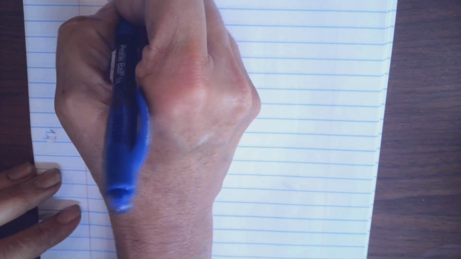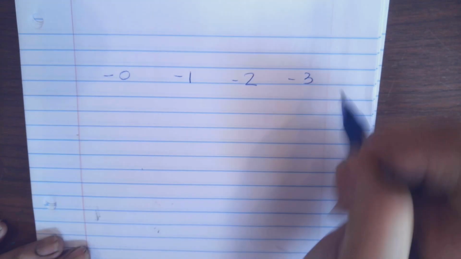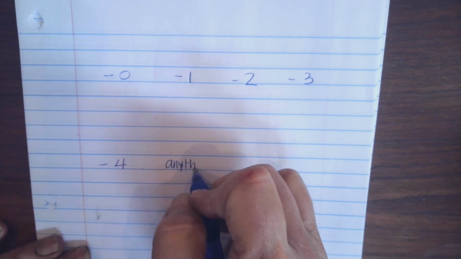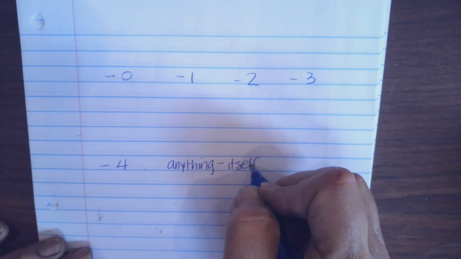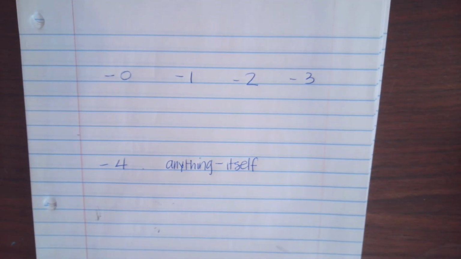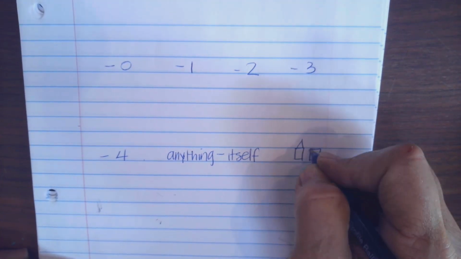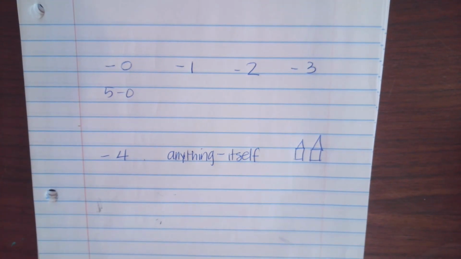Minus 0, minus 1, minus 2, minus 3, minus 4, anything minus itself, and next door neighbors. So 5 minus 0, if you have 5 cookies and you do not eat any, you